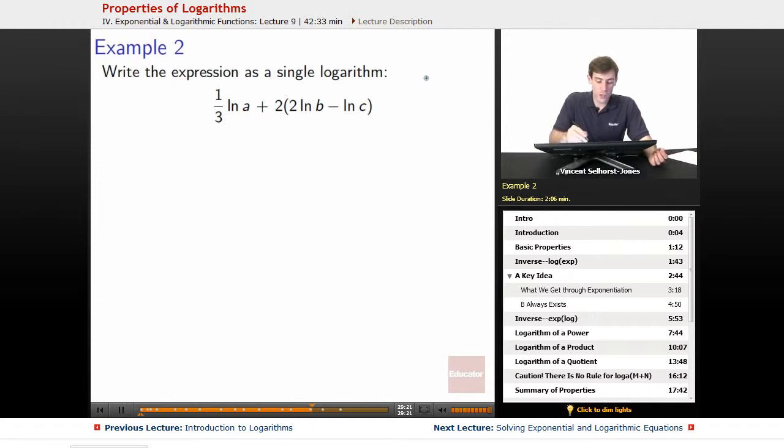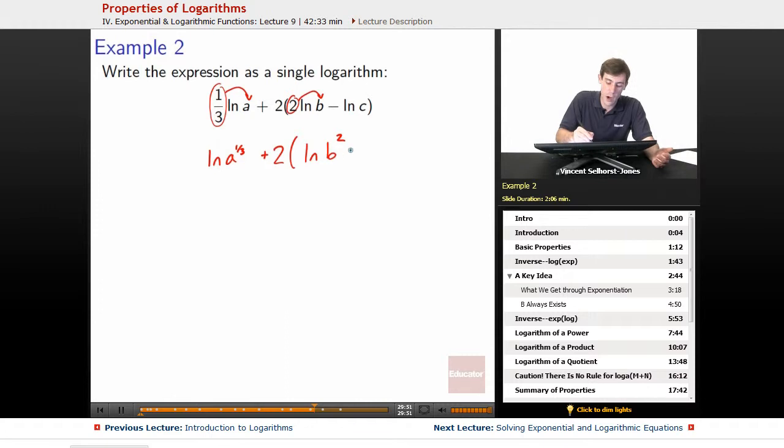So first we have, once again, that subtraction becomes division. Actually, first thing, we've got these coefficients out front, right? So we can also bring the coefficients in. So 1/3 can hop up onto an exponent on that A. The 2 here can hop up to an exponent on that B. So we've got natural log of A to the 1/3 plus 2 times quantity natural log of B squared minus